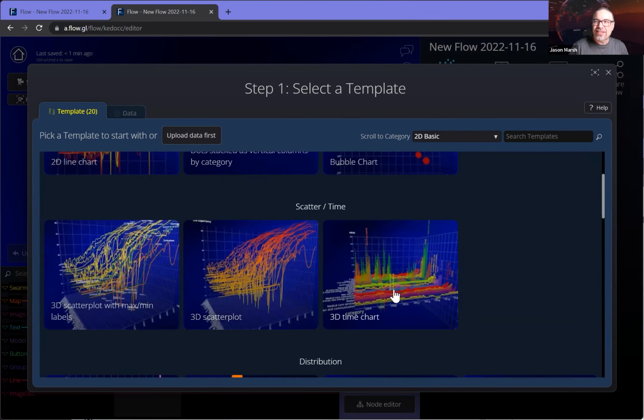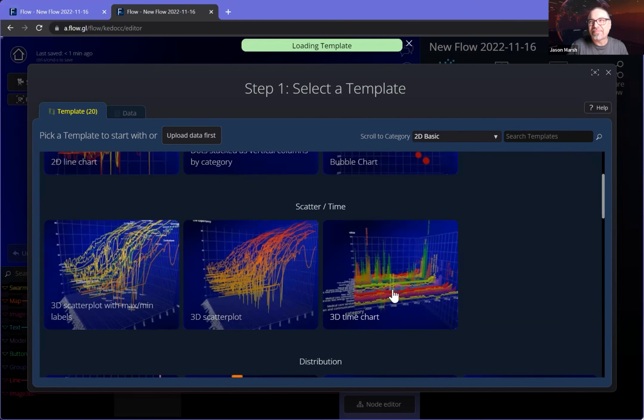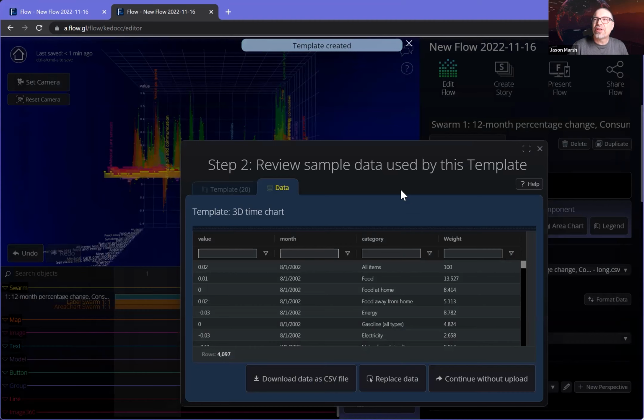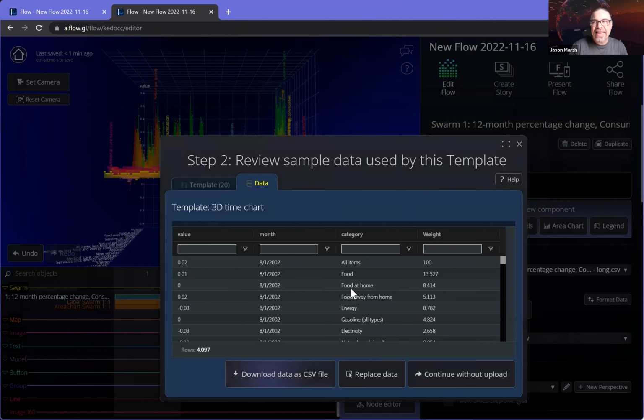So the simple view is, let's start with a 3D time chart. It will create the time chart, put it in the background, and show you the data that was used to generate it. Especially for new users, it's nice to see the structure of the data, and they can even download the data as a CSV file so that they can imitate the basic structure of it. You can continue without re-upload and just use the flow as it is, but we're going to